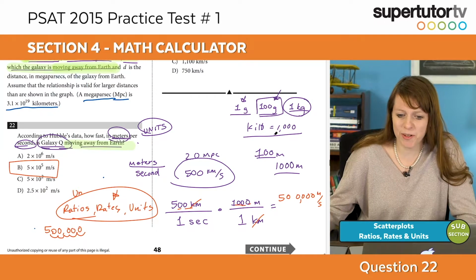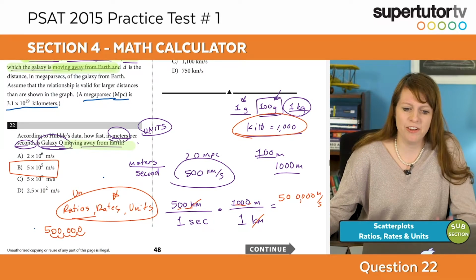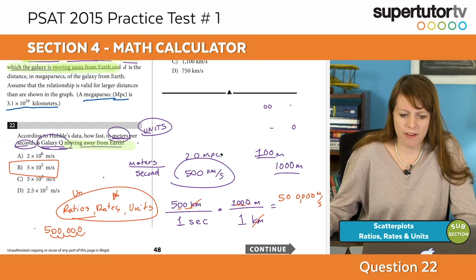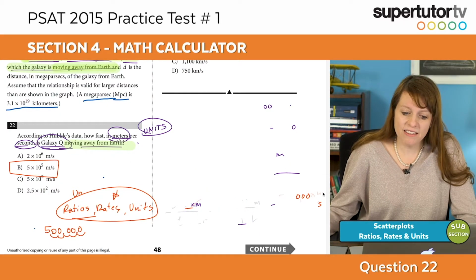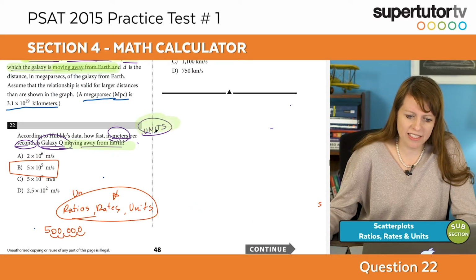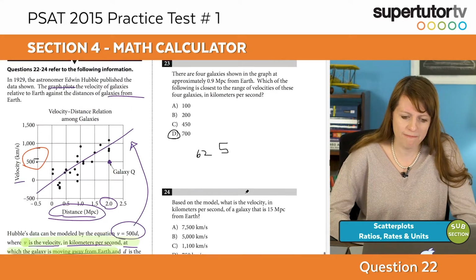Again, I think the hardest part is remembering that kilo is 1,000. If you know that, you're probably in good shape. If you want to know more about dimensional analysis, units is the content, and I go over it in units, and that's where you need the practice. So this is your practice set to go do. And for ratios, rates, and units, we're going to do a skills video. If we haven't yet, it will be out soon, so keep your eyes peeled for that. And you can do even more